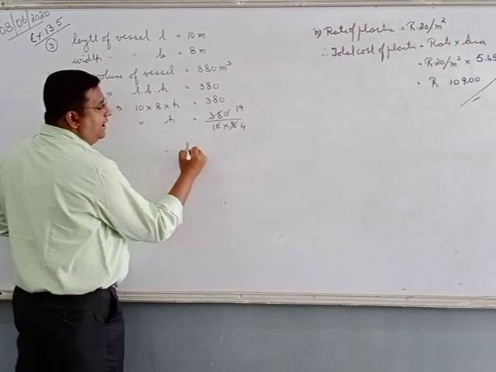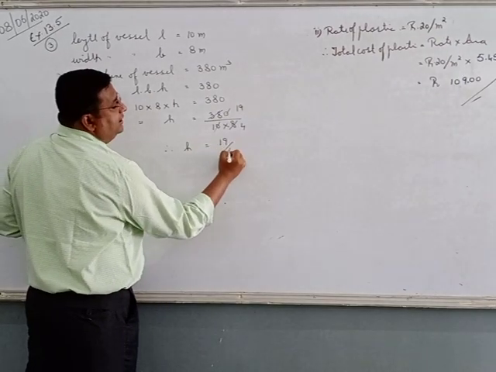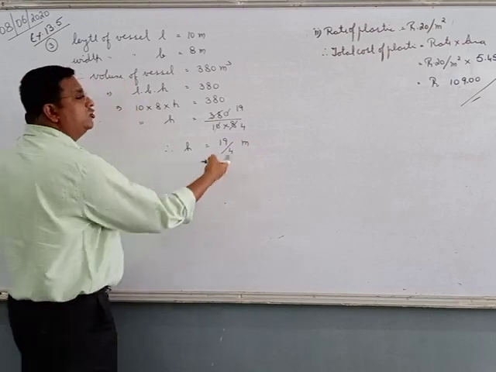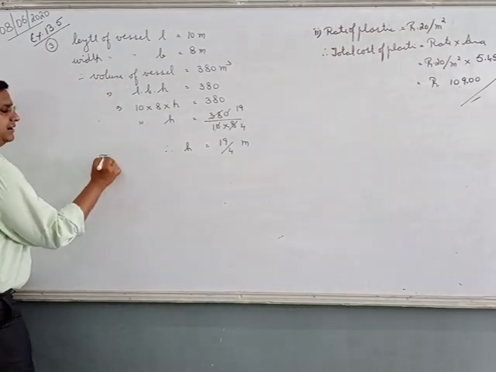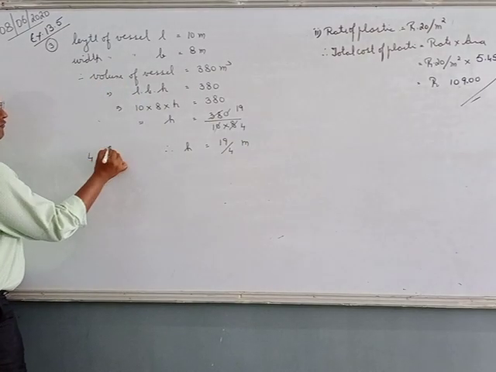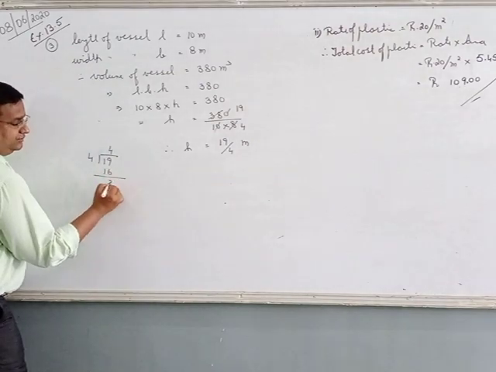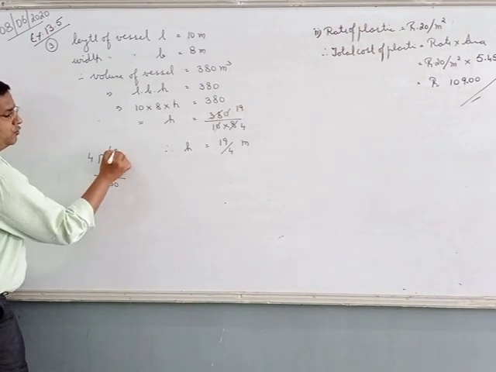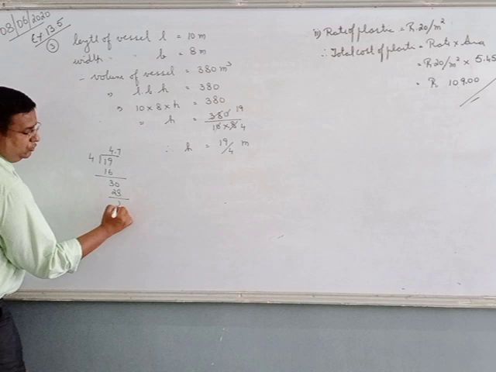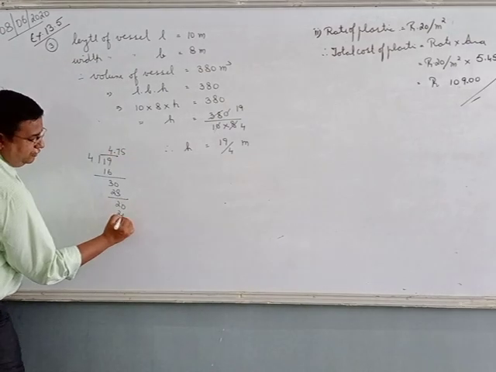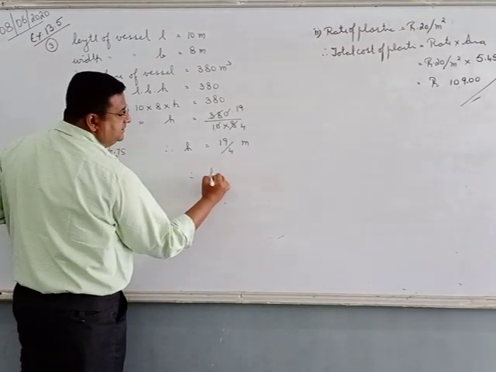Yes? So therefore, height is equals to 19 upon 4 meter. You can convert this into decimal. 19 divided by 4, 4 4s are 16, 3, decimal 0, 4 7s are 28, 2, 0, 4 5s are 20. So the height is